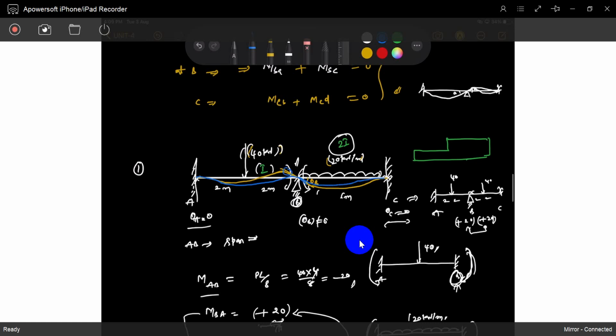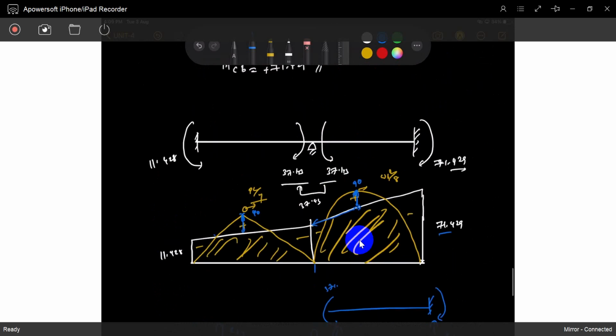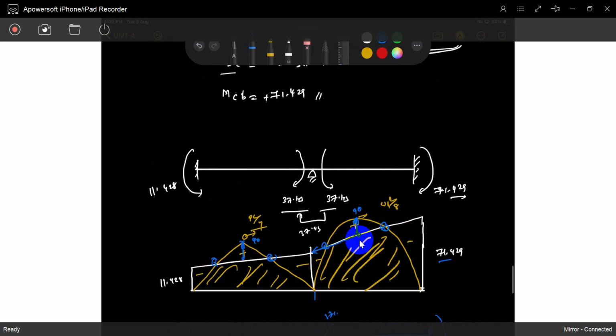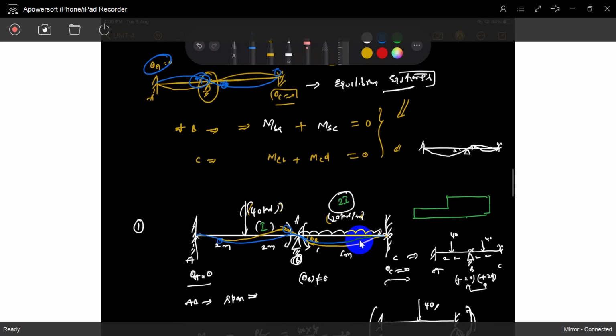Okay. And also you will see how many points of contraflexure there are. So 1, 2, 3, 4 points of contraflexure are there. Where are the points of contraflexure? This one, this one, another, this 3, this 4. Okay, that's enough. That's the story. Tomorrow, day after tomorrow, we will solve different conditions, different loadings, and different continuous beams. Okay, that's enough.